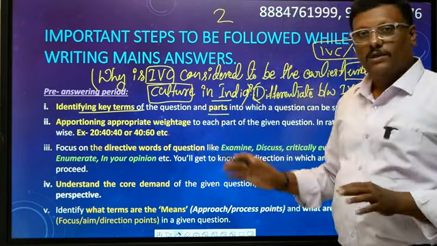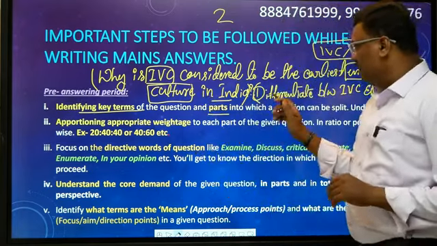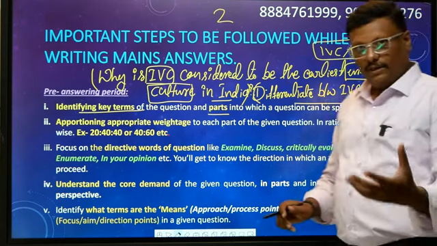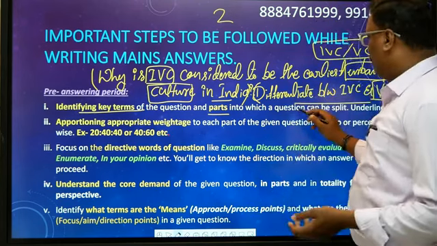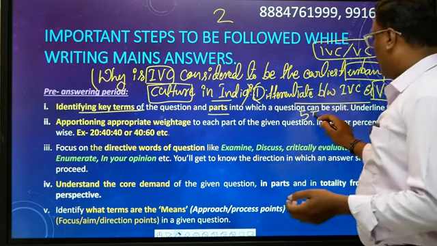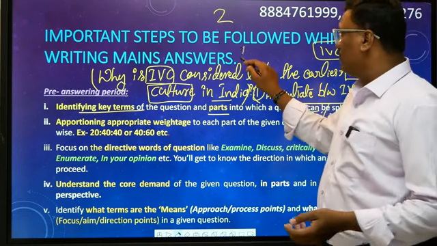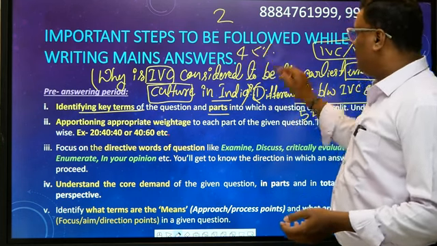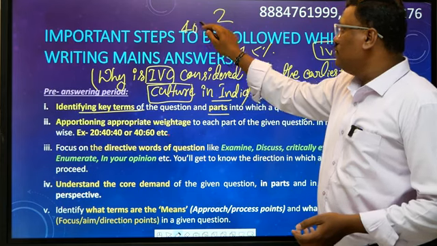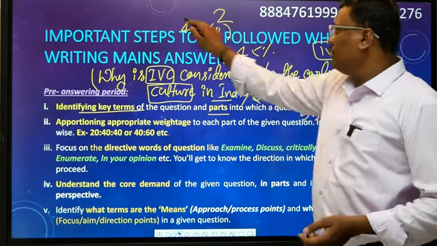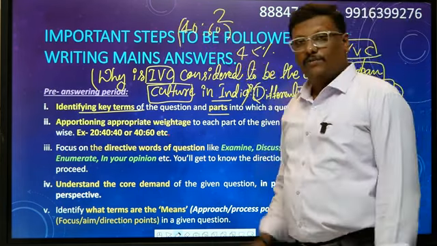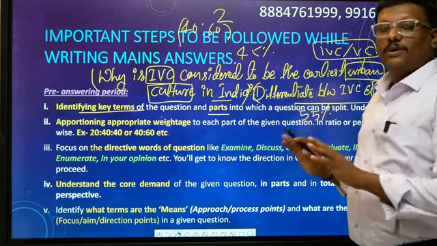to be given to the 2 parts, but on the contrary, the second part consists of a lot of content, so therefore a little bit more percent weightage has to be given, like for example 55% and this is 45%, or maybe 40-60 is also going to suffice. The first part of the question requires 40% of the weightage and the second part of the question requires 60% of the